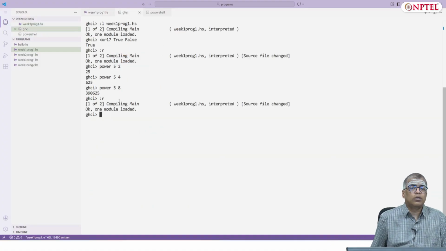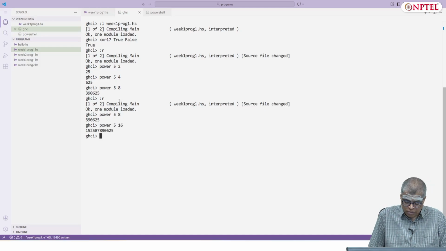Let me reload. Power 5 8 is fine. Let's try the next, power 5 16, let's say. I mean, do we know whether this number is correct or not?